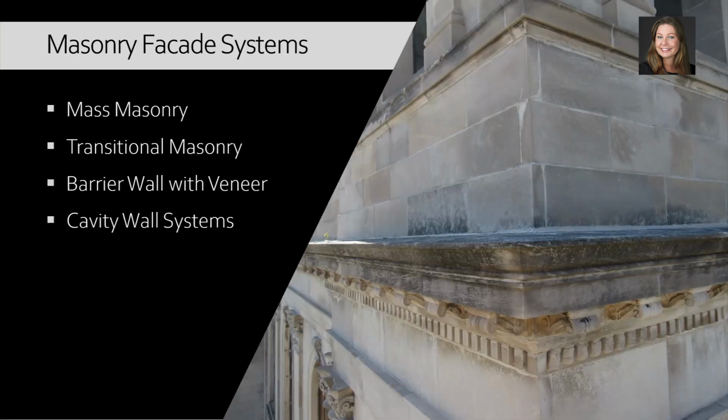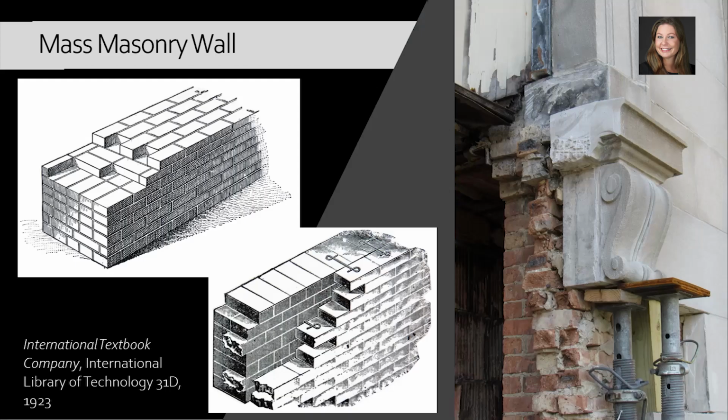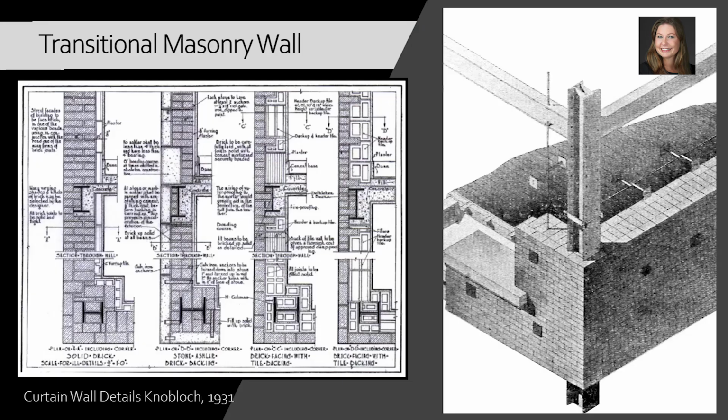So let's start with masonry facade wall systems. There are mass masonry walls. This has been going on for thousands of years, and it can be multiple wythes of brick or stone or combinations thereof. In essence, it is primarily all load bearing and all somewhat moves together uniformly. Then you have transitional masonry. This is the mid to late 1800s, where we start to integrate steel as also a load bearing form of